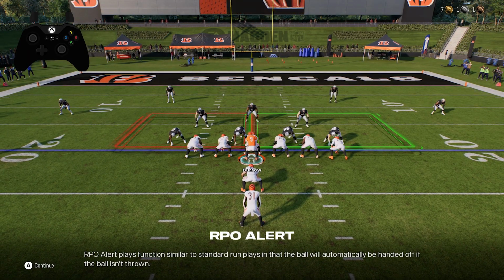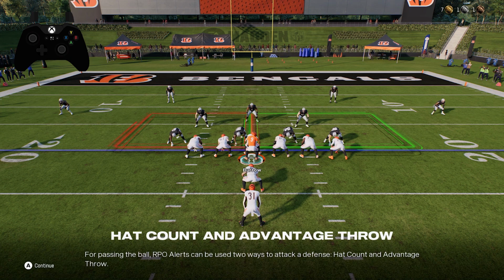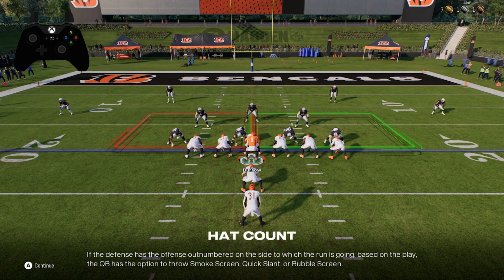RPO Alert plays function similar to standard run plays, in that the ball will automatically be handed off if the ball isn't thrown. For passing the ball, RPO alerts can be used two ways to attack a defense: hard count and advantage throw. If the defense has the offense outnumbered on the side in which the run is going, based